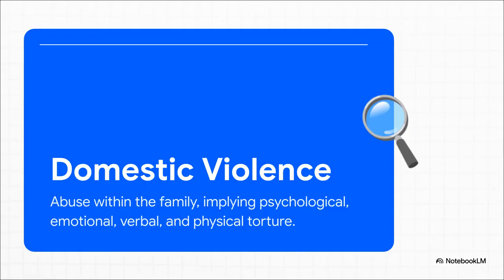Now for a problem that so often stays hidden behind closed doors: domestic violence. And the definition here is really clear. It's not just about physical harm. It's psychological, it's emotional, it's verbal abuse. And the real reason it persists, the reason it's so hard to tackle, is written right there. It's often dismissed as a personal or family matter. That attitude just normalizes the behavior and completely silences the victims.